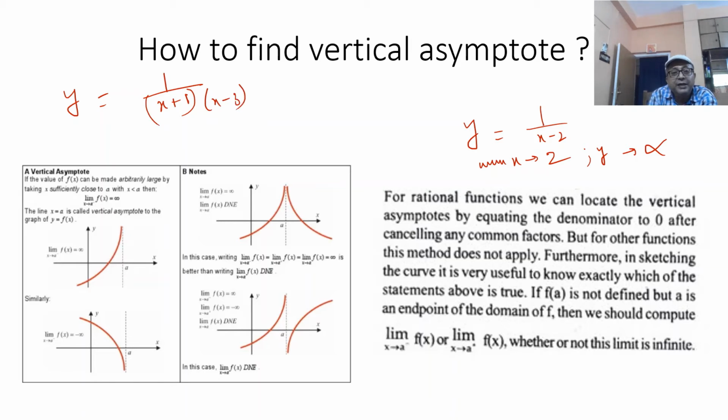If the rational function is of this form, y equal to say 1 by (x plus 1) into (x minus 3), here there are two vertical asymptotes. That is x equal to minus 1 and x equal to 3. So these are two vertical asymptotes, because for both values of x, the function is going to be something by 0, that is infinity form. In this case the limiting value will be tending to infinity when we equate the denominator to 0. So there are two asymptotes. Here there is only one asymptote.